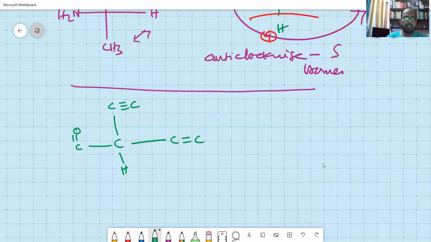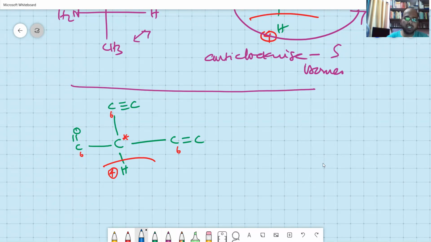Okay. H is already at the bottom and it's the last priority, so therefore it goes. So here you have 6, 6, 6. This is a symmetric carbon. All the three are the same. Now when you have 6, 6, 6, what is the next step? You go for writing the expansion as per rule 2 and rule 3.